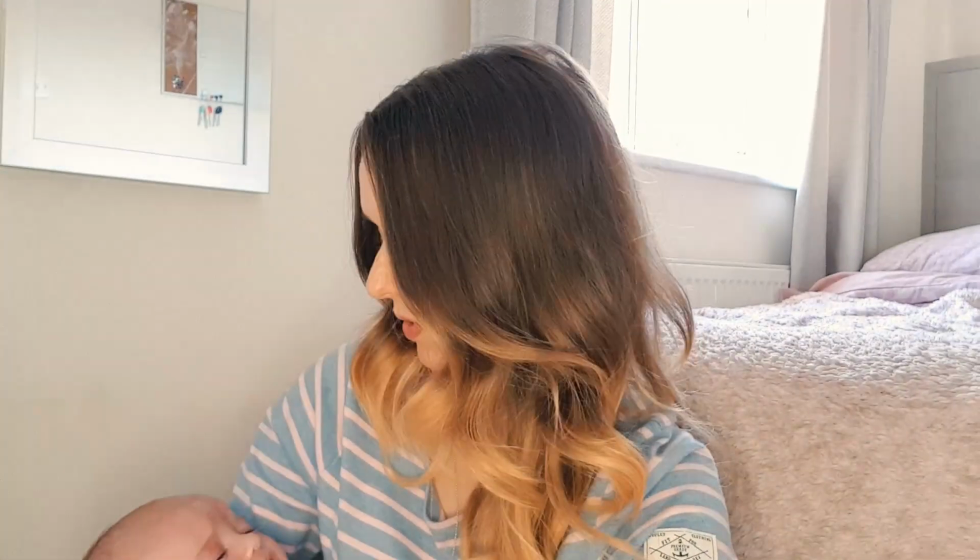We don't need that. So because of this lockdown, it's not like she's getting monitored of her growth, so we have no idea how tall she is, but she is still in 0 to 3, and it seems like she's got loads of room left in them. So we've gone and bought a load more 0 to 3, which I'm going to do a haul very soon. Unless she just suddenly decides to grow loads in the next couple of weeks, then those clothes aren't going to get used. Oh dear. She's starting to have really good control with her head, which is pretty good considering I